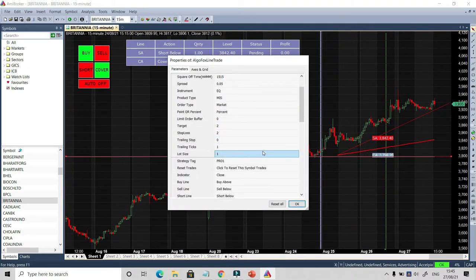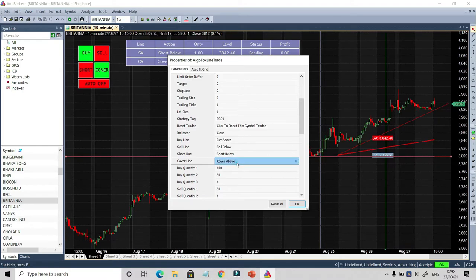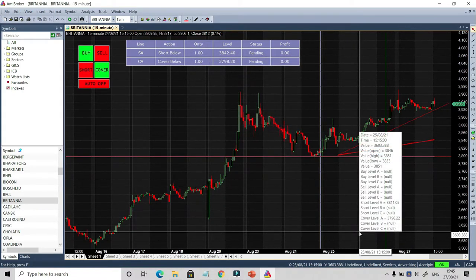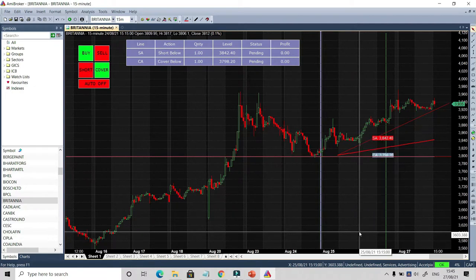So right click, go to parameters, scroll down, and instead of cover above, just make it cover below. That's it. Now you can see that using trend lines and horizontal lines, I am able to mark the levels. Whenever these levels are triggered, the trade will be automatically executed in my trading platform. This eliminates all the emotions involved during price action based trading.